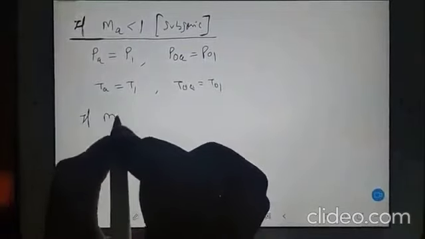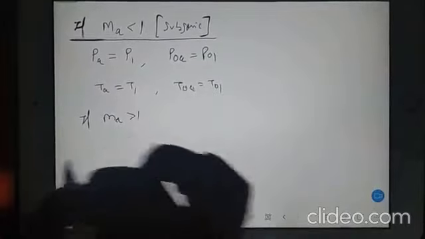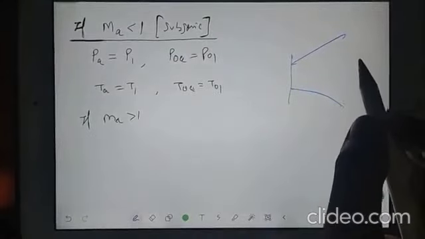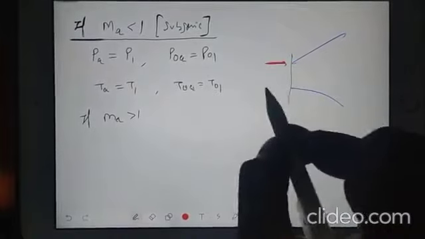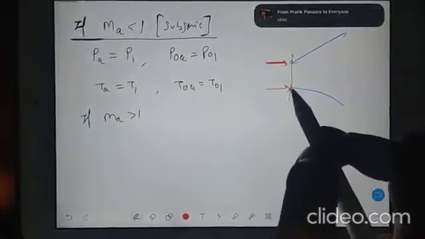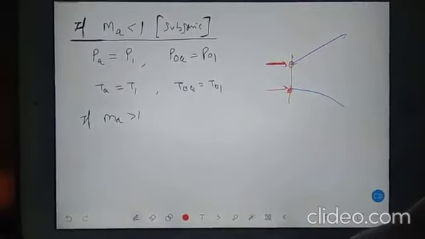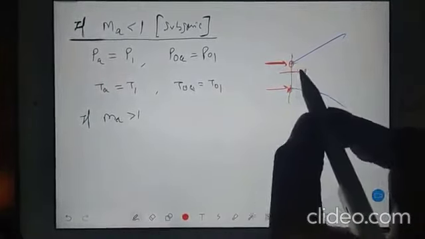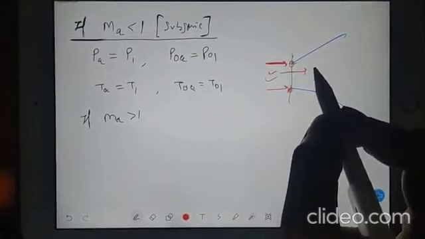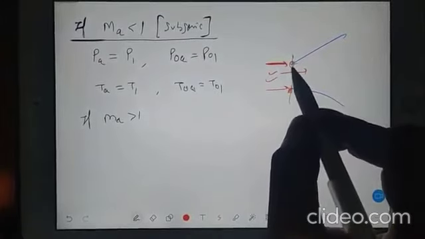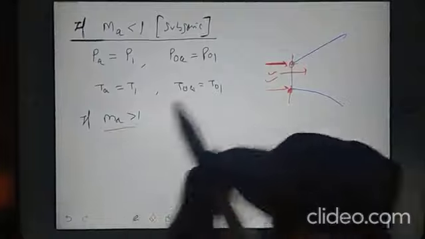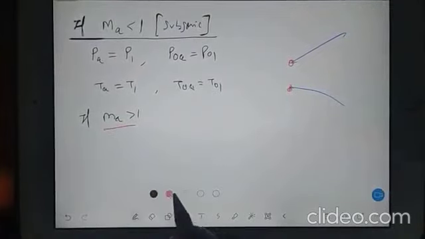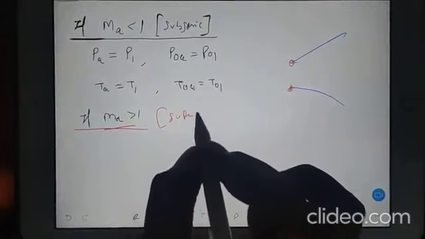Okay, if this was subsonic. But if your ambient Mach number is more than 1, because see guys, what exactly will happen at the exit we can understand once the flow strikes the surface. If the flow is subsonic, then slowly, smoothly the flow will enter, with the same Mach number as in the ambient. But if a supersonic flow strikes the diffuser, then what happens? When the flow strikes, you draw this: if Mach more than 1, bracket supersonic.